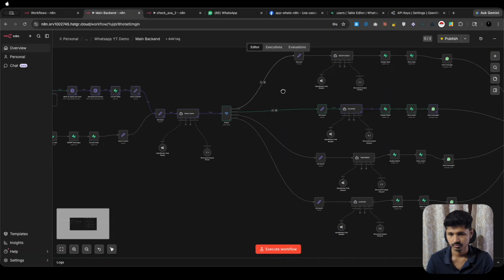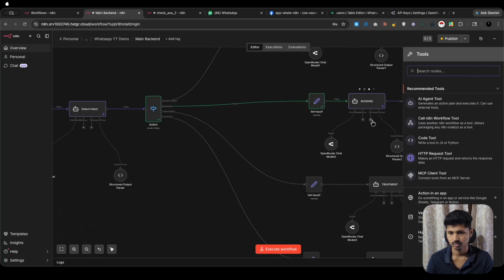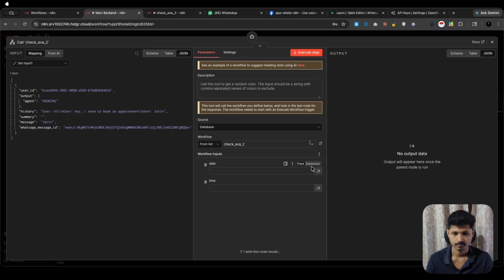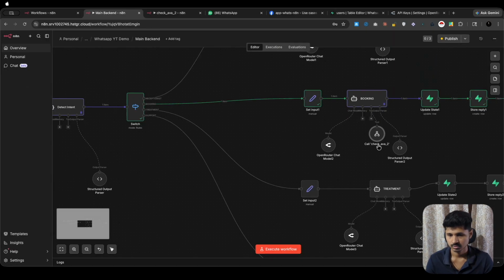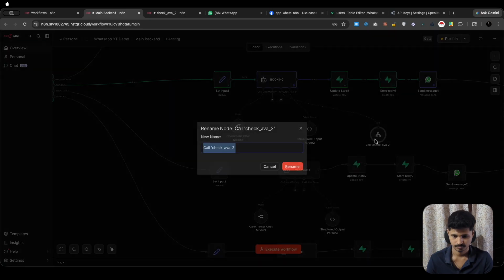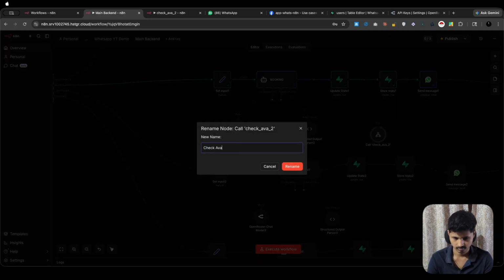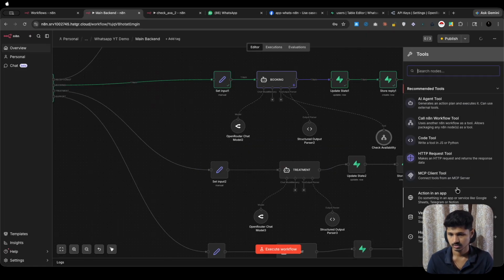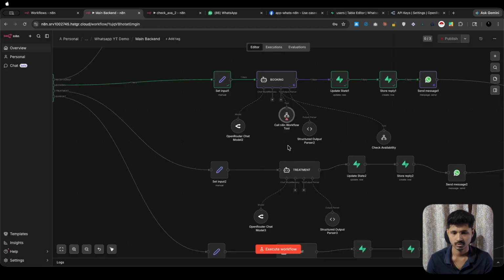In the main backend over here, we can just add the tool called the n8n workflow. Here we can choose the check availability tool. Yeah, and both will be defined by AI. So this is our check availability. Okay, I forgot the spelling, guys. Availability, yeah. So this is our check availability tool, and we need another tool for